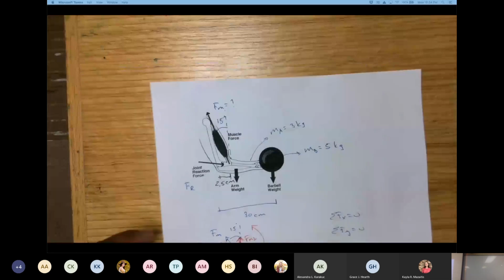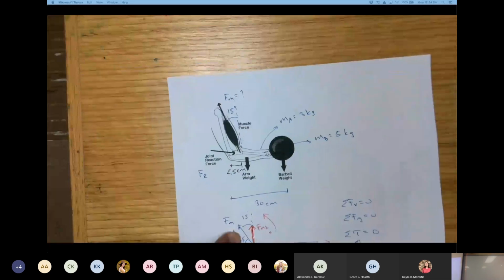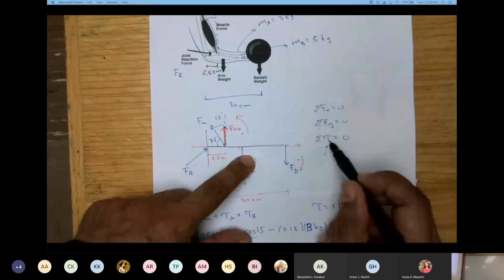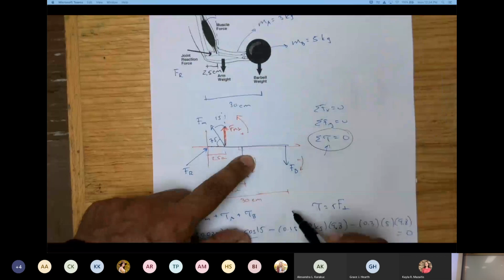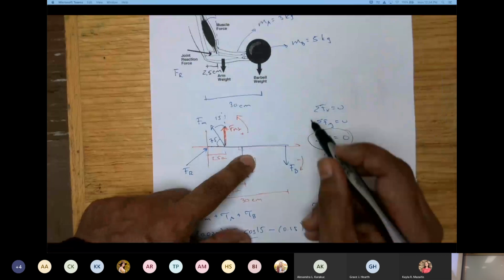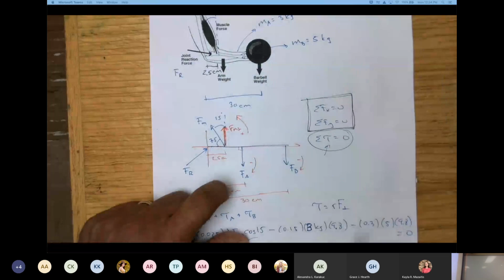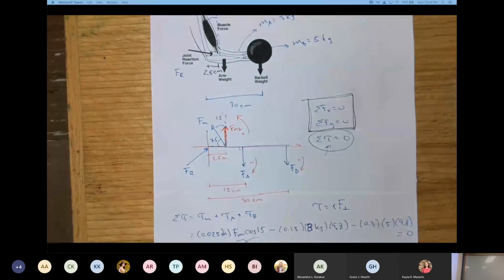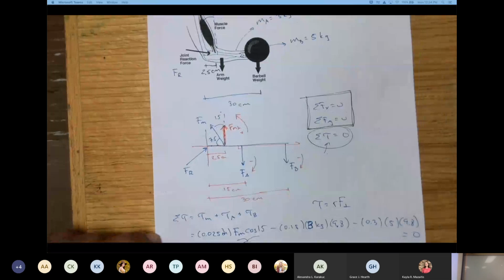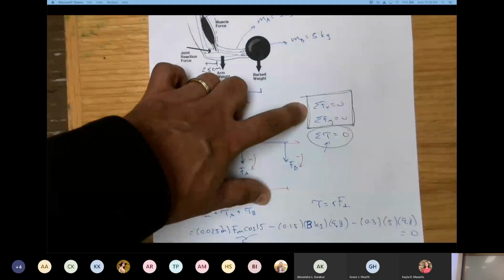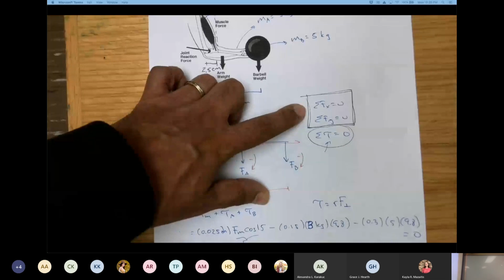Okay, so we calculated the force on the muscle, and we need to calculate now the reaction force. We already used this equation of the torque. So to calculate the reaction force, we need to use the other two. Okay? So when you're working with these equations, you can work with the traditional free body diagram that we usually work with.